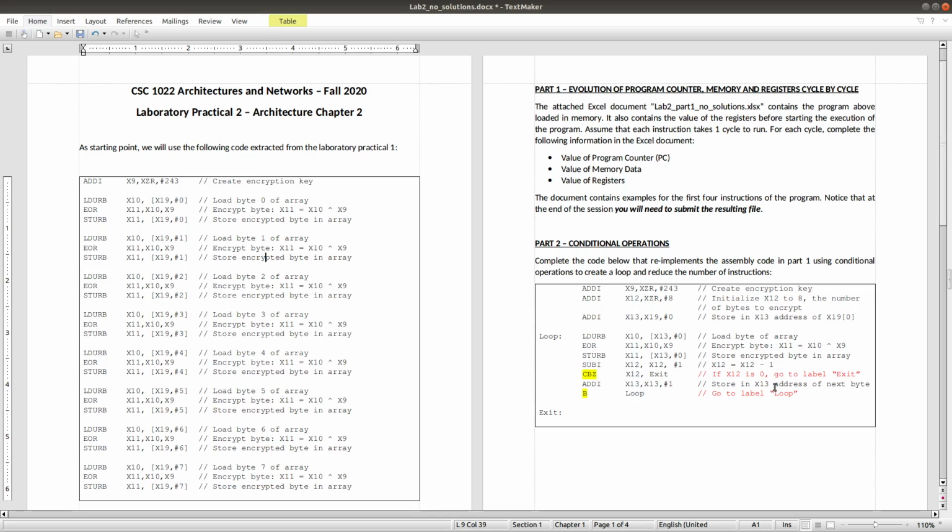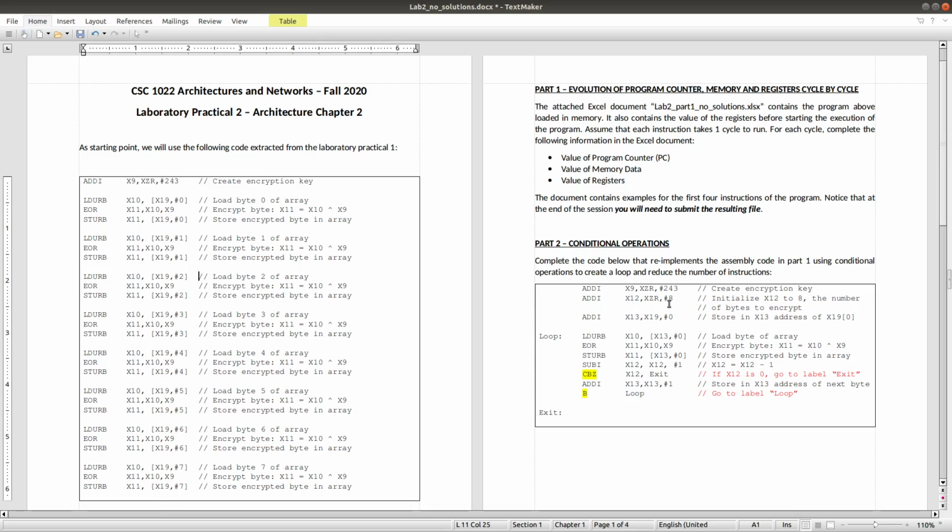So is this code really better than the code in practical one? Well, we look into it from the flexibility viewpoint first. In practical one, you need to change the offset address from 0, 1, 2 manually. You have to write them down while you make the program. So it takes human effort, and if you need to process a big amount of data, your code will be very long.